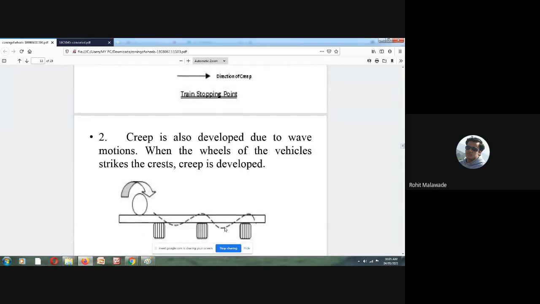Creep is also explained by different theories. We will first see the indications of creep. The closing of successive expansion spaces at rail joints in the direction of creep, and the opening out of the joints at the point from where it starts. Marks also develop on the flanges and the webs of the rail, made by the spikes and by scratching of the rail.